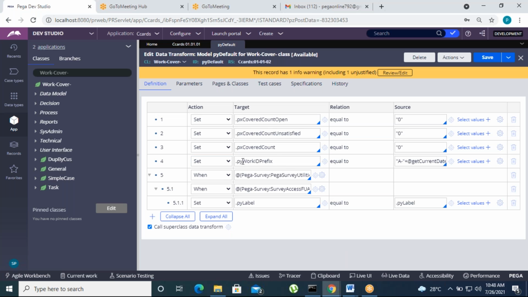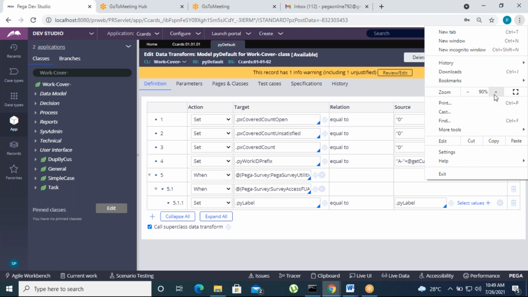So this is a PY prefix, right? PY prefix always should be editable, and PX prefix is not editable. We can't set our own data. Why? PY nature is editable. I told you, PX is not editable, only read only. PZ is no read, no editable. Already I told you. So which ones are PY prefixes will be there, and then we can pass our own information. So what are the PY prefix properties and what data will be there by default, we can edit it also. That is the nature of the PY.